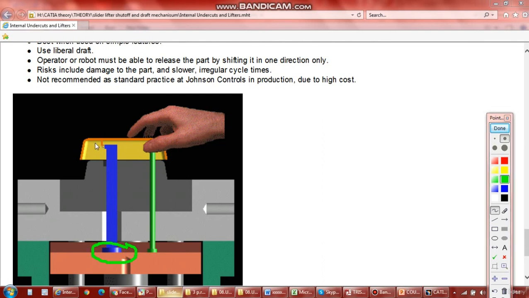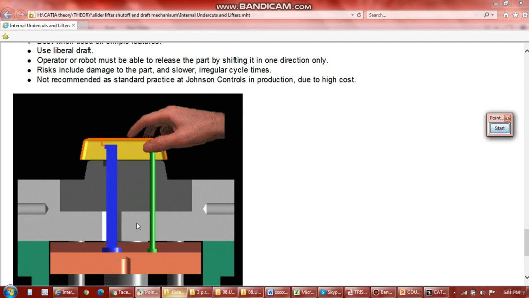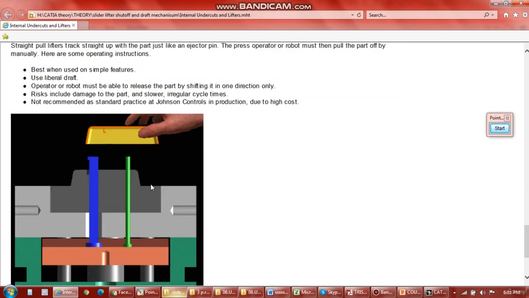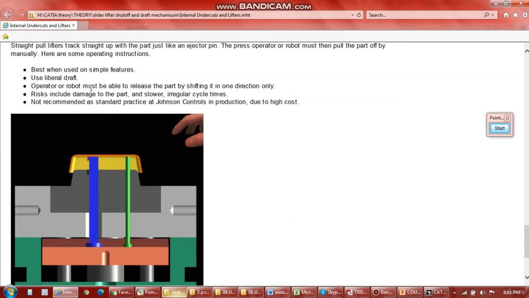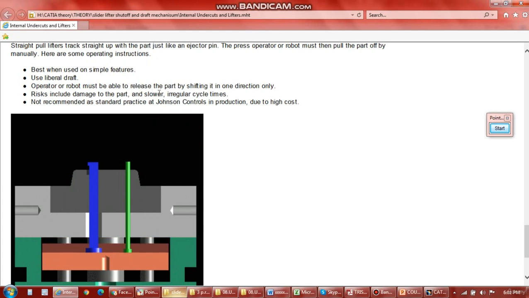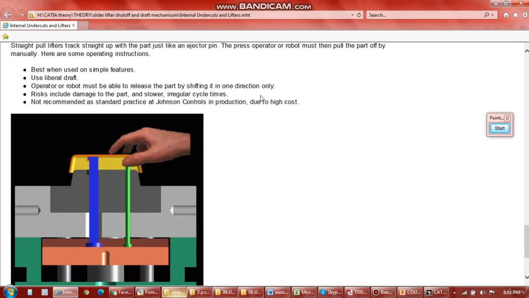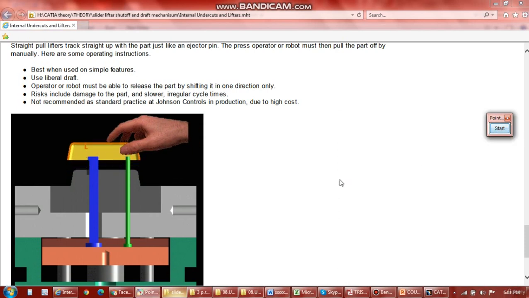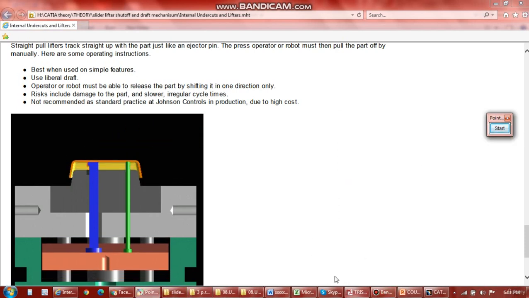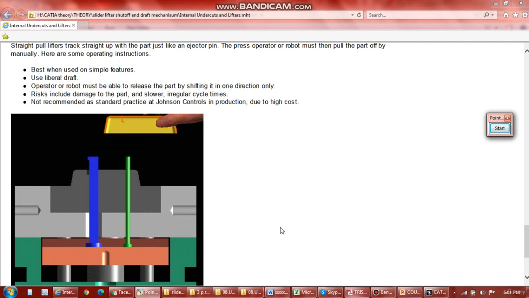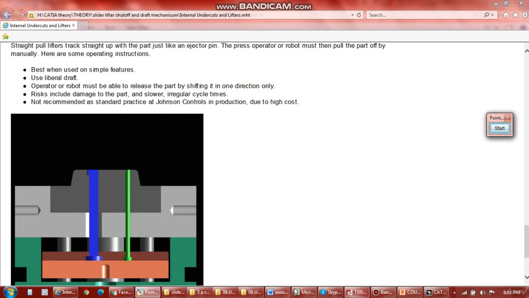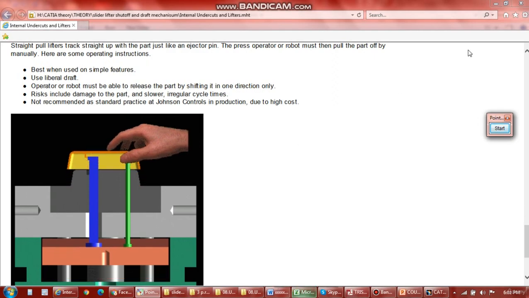So that's why we are manually pulling it at this side from the lifter. It is also written: operator or robot must be able to release the part by shifting it in one direction. So these are some CAD questions generally asked by the interviewer. Generally we will ask this kind of question, and the next is